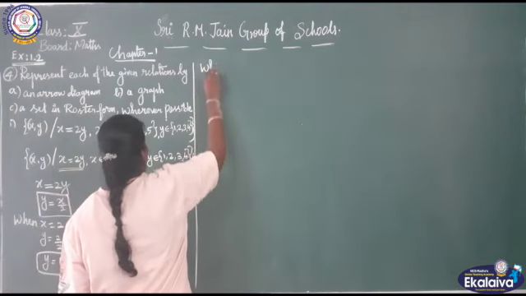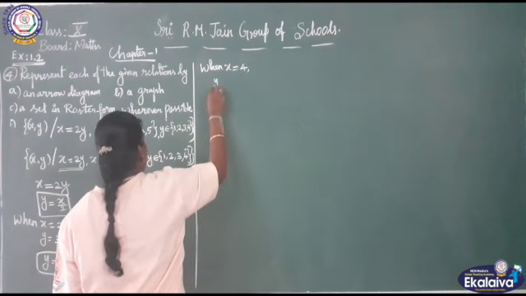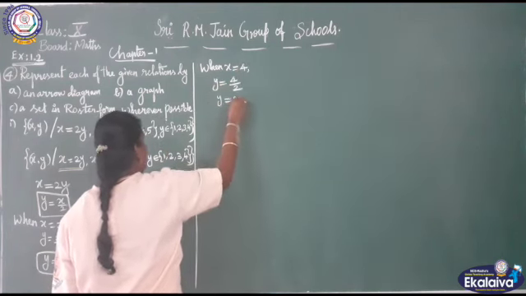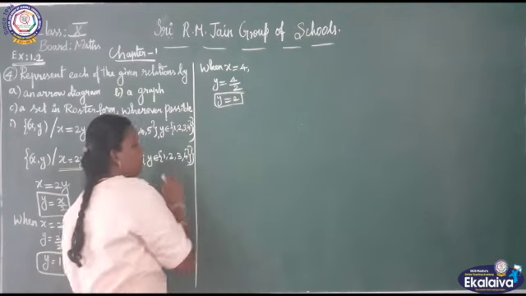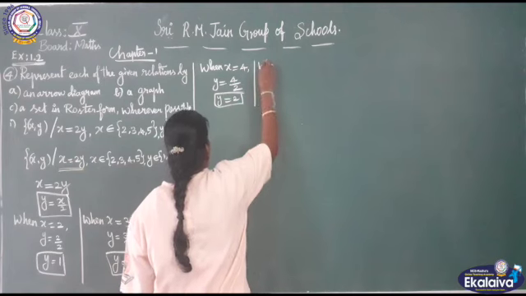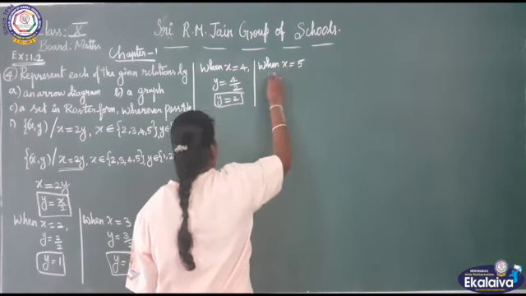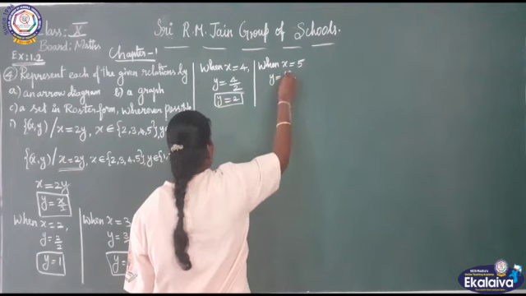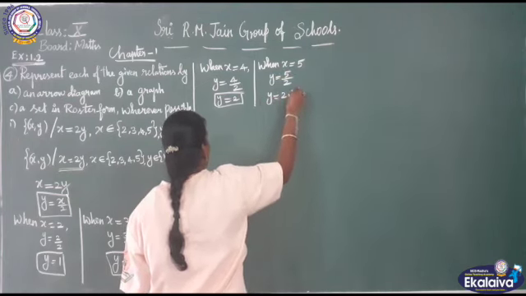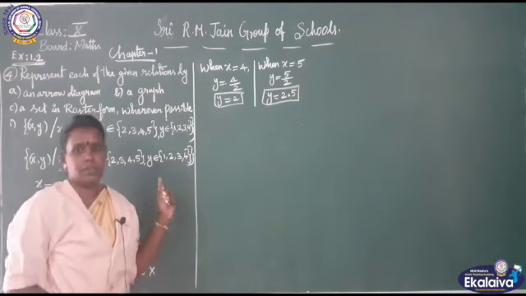Again when x = 4 we can write y = 4/2, we will get the y value as 2. Yes, we have y value 2 in this given y set. Then when x = 5 we will get y = 5/2, which gives the value of y as 2.5, a decimal part, which is also not there in this y set, clear.